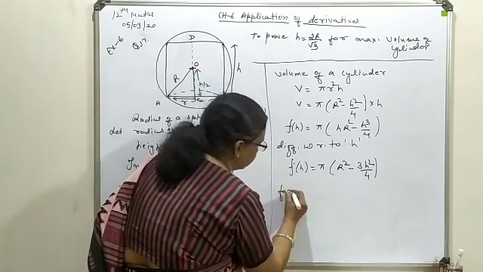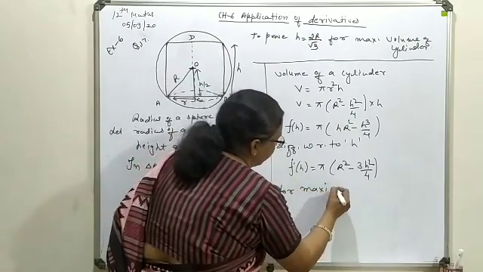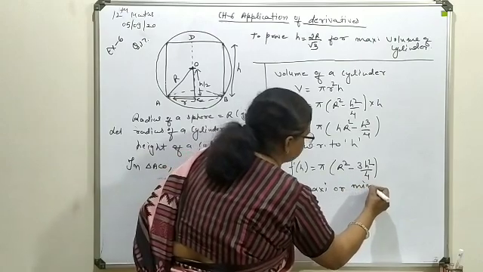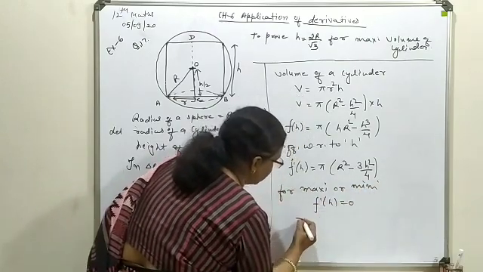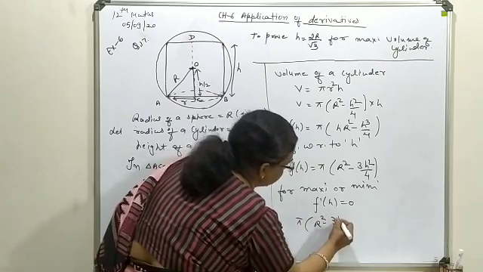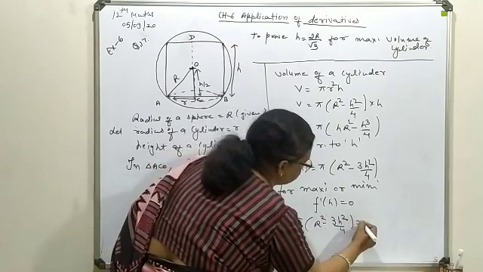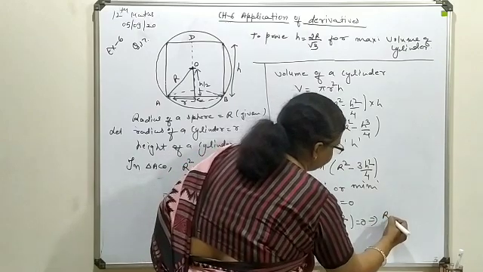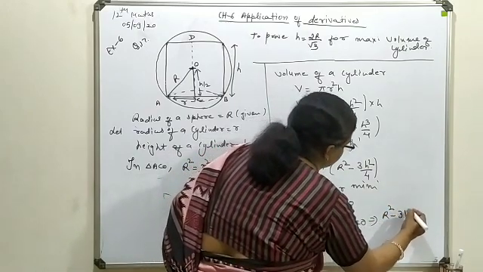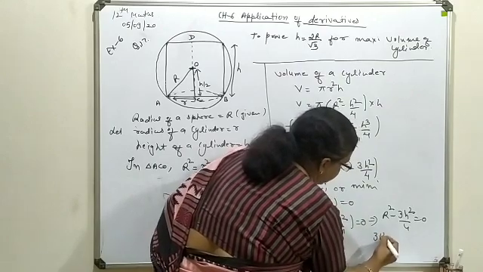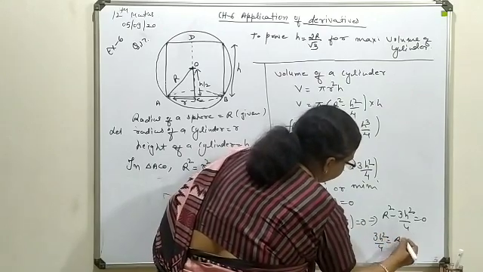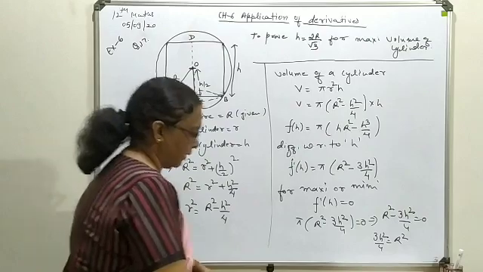So for maxima or minima, f dash h will turn to 0, means pi r square minus 3h square by 4 will turn to 0. Further this will give you r square minus 3h square by 4 equals 0, means 3h square by 4 is equal to r square. So h you can write as